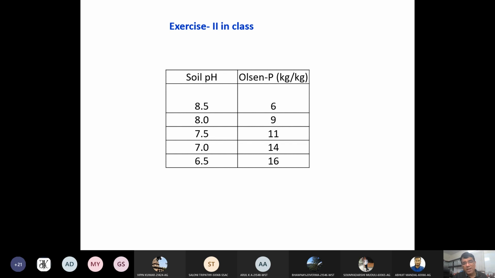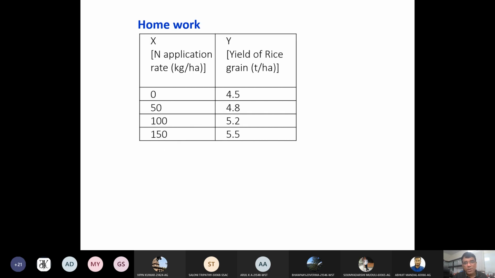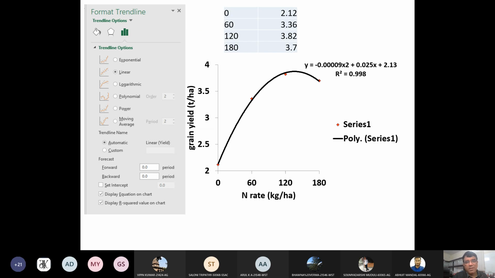So you can see it in Excel. One more example for your homework. You can try it for a linear equation manually as well as in Excel. Actually, you need to do a lot of practice. If you do practice, then you can understand this subject better.